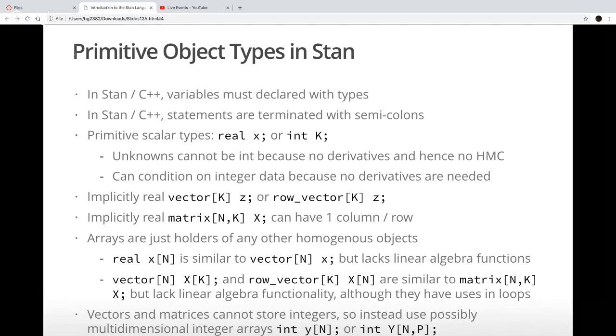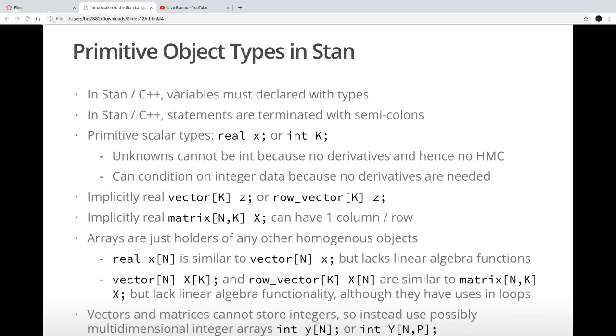Arrays are other containers that can contain anything, as long as it all has the same type. So an array in Stan is much like a list in R, with the restriction that all of the elements of the list are the same type and the same size.